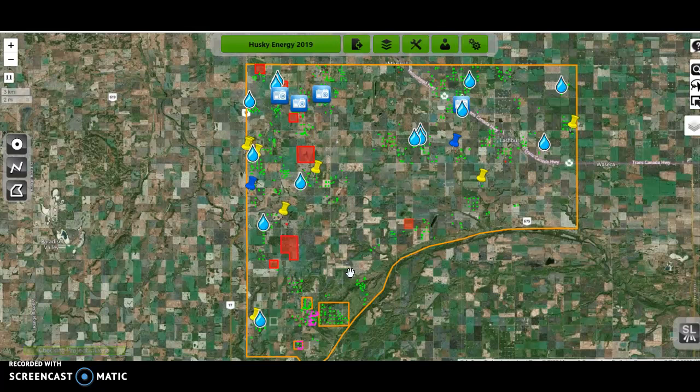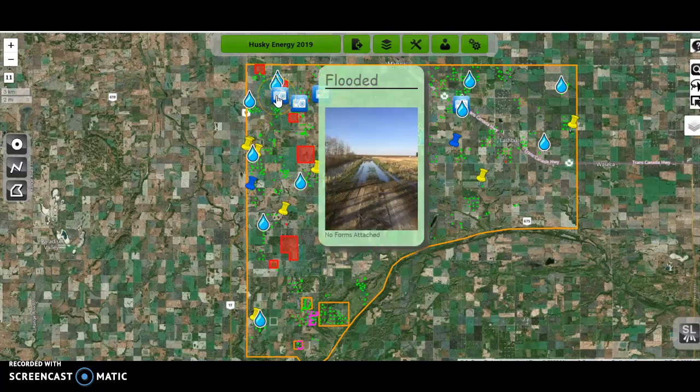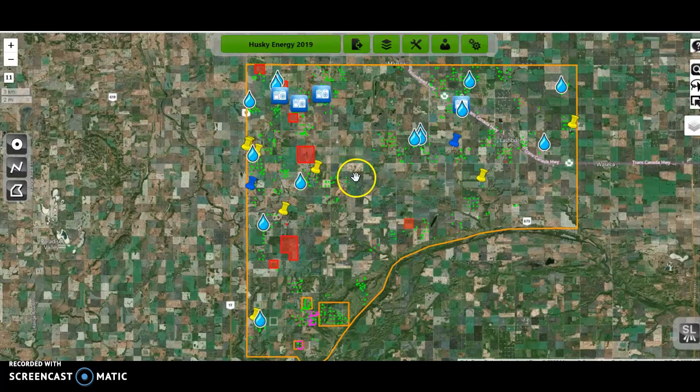So here's an example of some work we'd done for Husky for last year. You can see all of these little green polygons are areas that the well had herbicide application on, as well as we have some other pins, water sources for ourselves, and as well as photos showing roads flooded. We have red areas highlighting some of the no spray areas, whether these be organic or just in the landowner